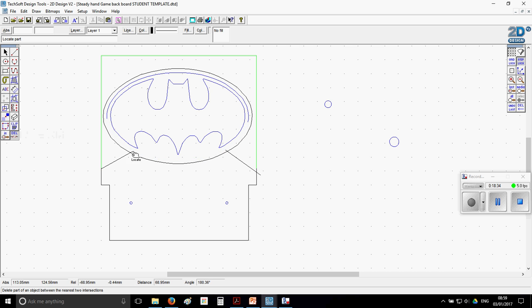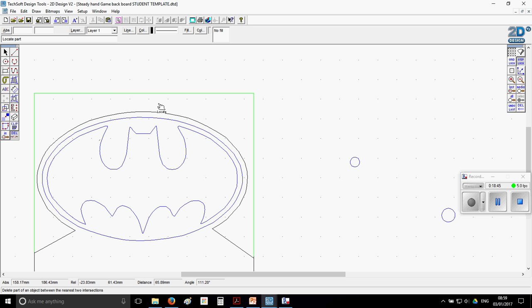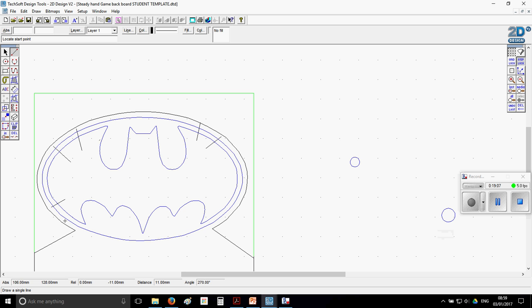Now I must emphasise, this is for people that are really trying to push themselves a little bit further, okay? Unless you understand what I'm doing here, I wouldn't worry about it, I'd go and do a simpler one. Right, now the problem at the moment, if I cut everything in black and blue, this blue inner Batman design will fall out. It's not attached to the outer ring, okay? So what I need to do is put some little support struts in, and if you don't understand what I'm doing here, then no offence, but you probably shouldn't be doing this yourself, okay? If you do understand where I'm getting at,